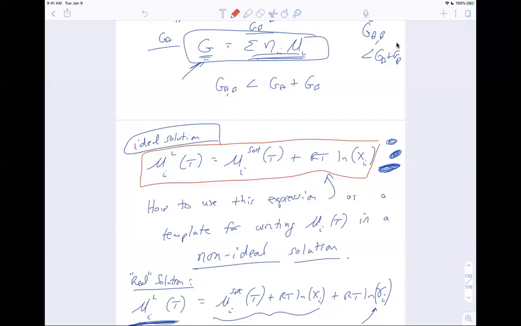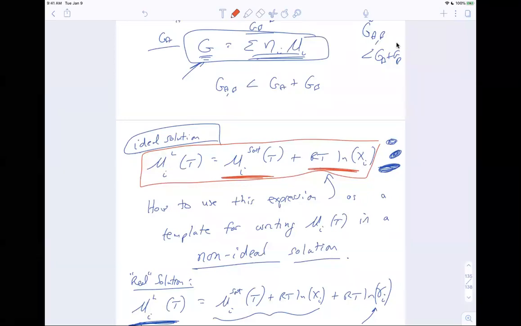So this is the form of the ideal solution chemical potential of a species I, and you see that it has some initial part that's a reference state, and then some other part that takes it from the reference state to the final state in which the solution or that mixture exists or you're interested in. In this case, the formulation involves the mole fraction of species I, x sub I. And x sub I is unitless, right? And we know that